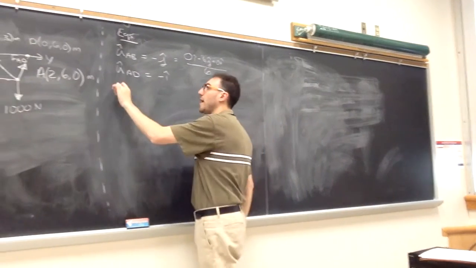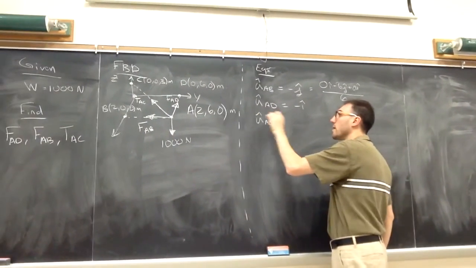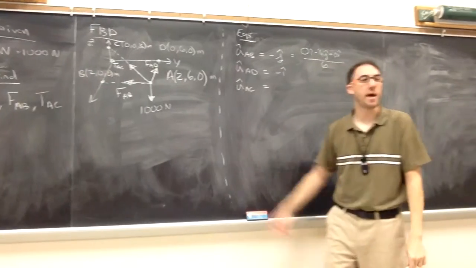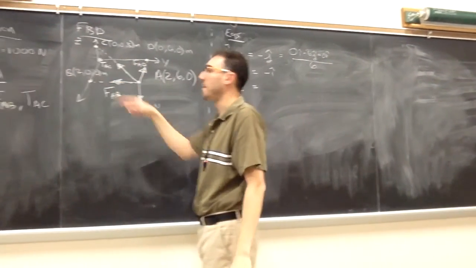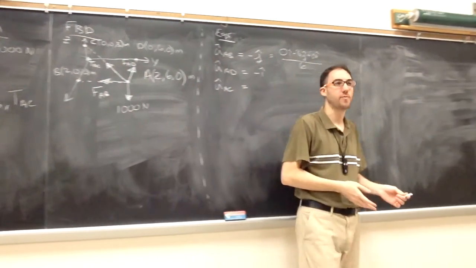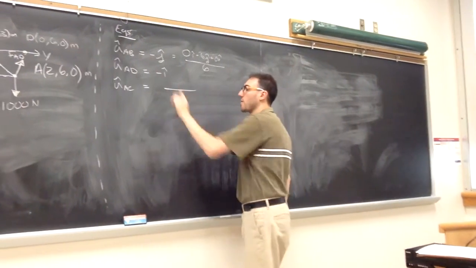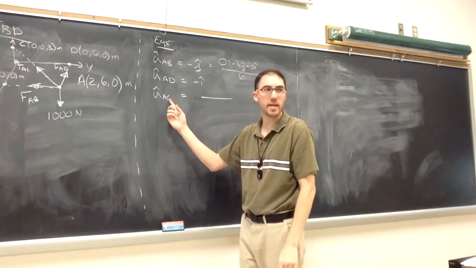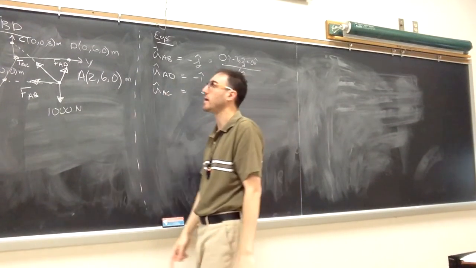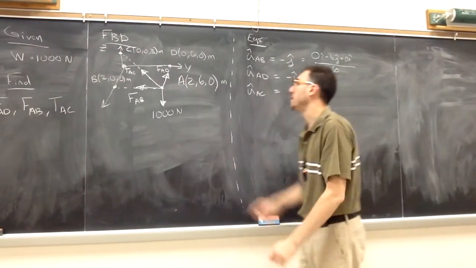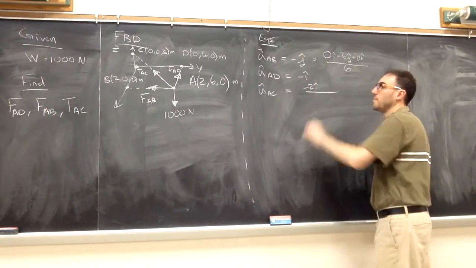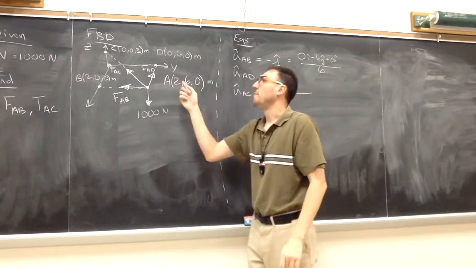So the one I do have to do some work for is the unit vector that points from A towards C, because that's not along a coordinate direction. It's not only in i, j, or k. So here I do have to go through the longer form. I have to take the end point C minus the start point A. So it's going to be 0 minus 2 i, 0 minus 6 j,